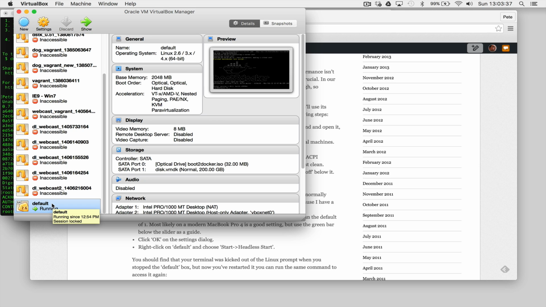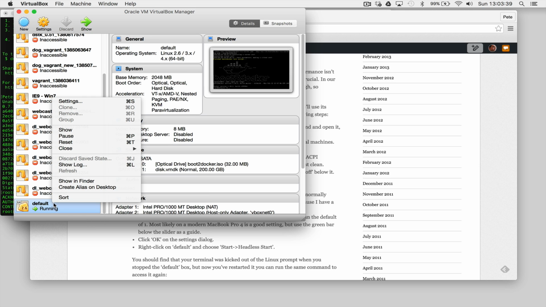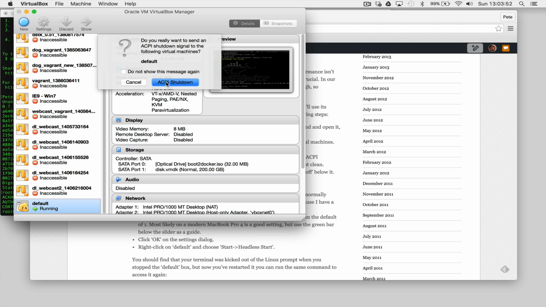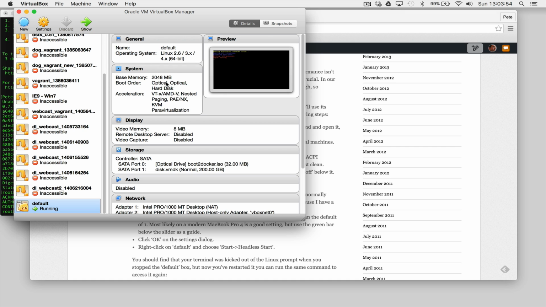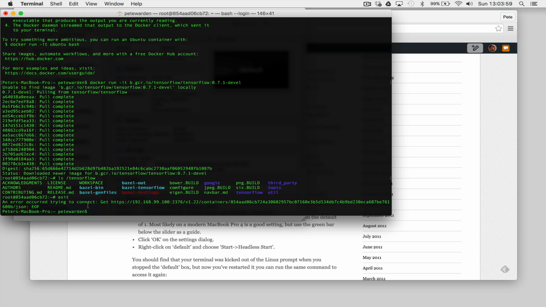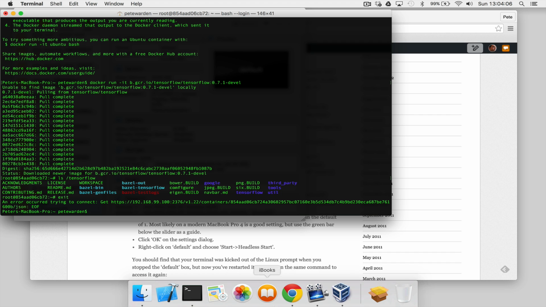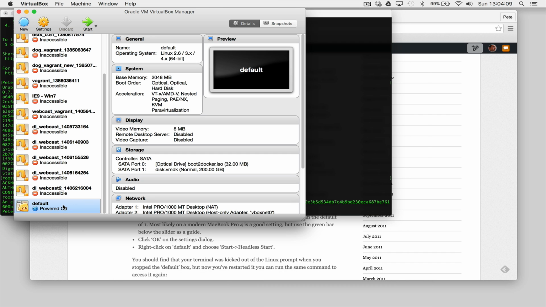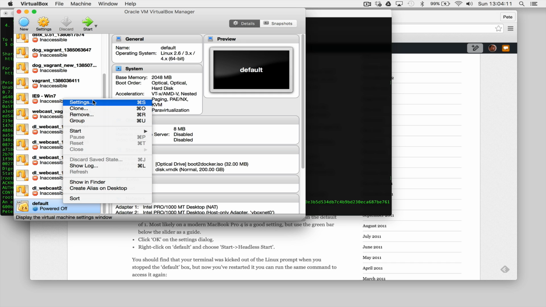Now, in order to make any changes, we actually have to close that machine. Right-click on default and choose Close, ACPI Shutdown, and I'm going to choose Continue there. If we go back to our terminal, you'll see that we've been kicked out of the Linux machine because it's been shut down by VirtualBox. Now it's in powered off state,